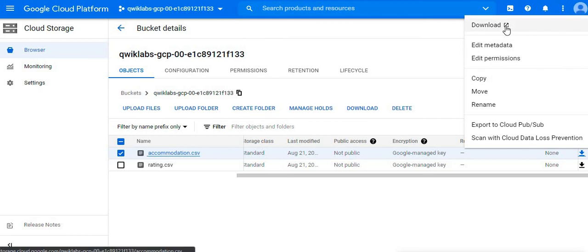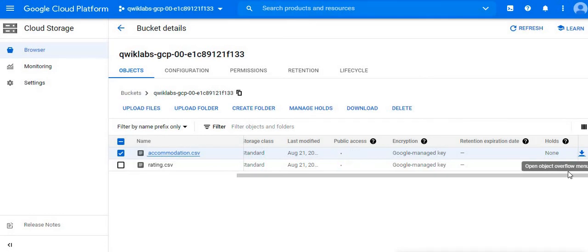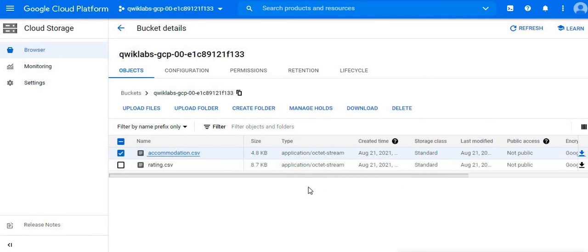Once you click on those three dots, you can download, edit metadata, edit permissions, copy, move, rename, export to Pub/Sub, or scan with Cloud Data Loss Prevention. There are other services also; we can do a lot of things. If I click on edit permissions, as of now there is nothing, so I can do it later.